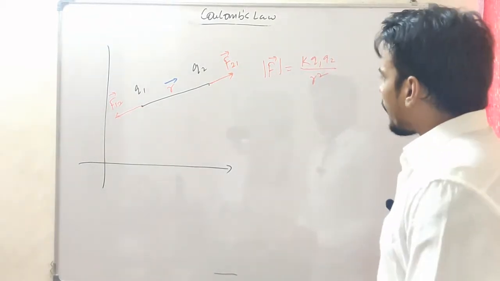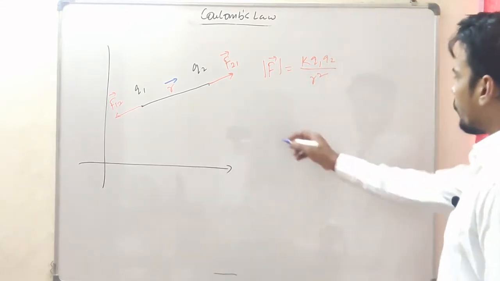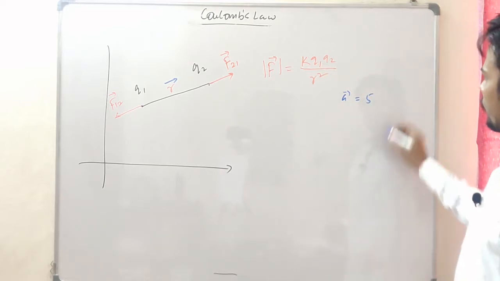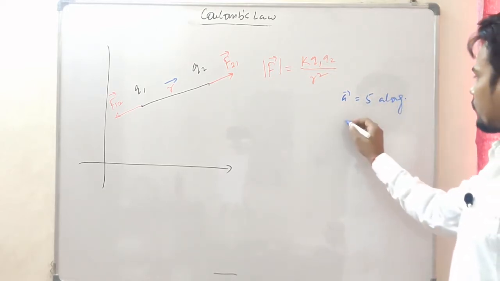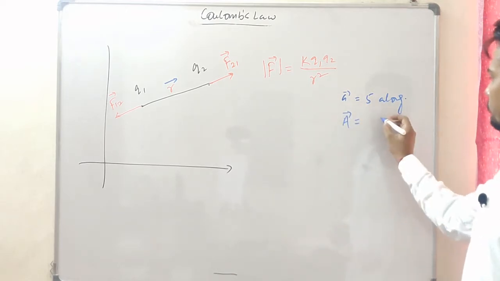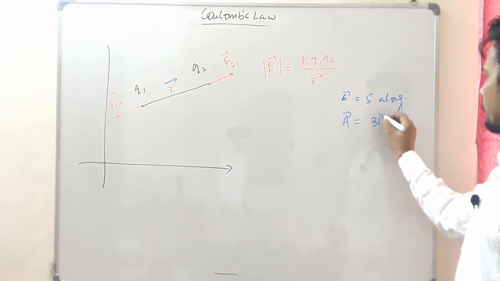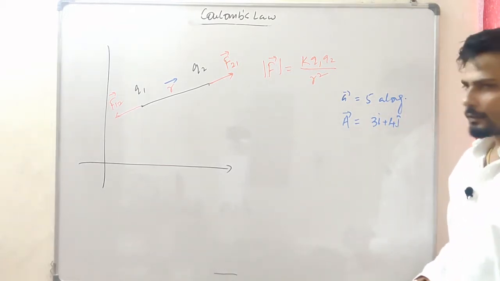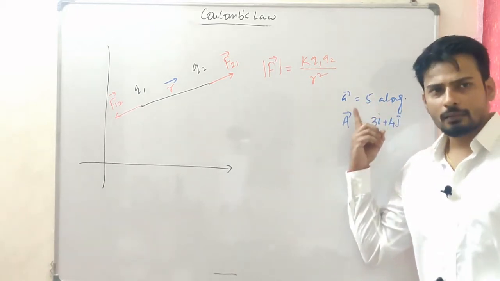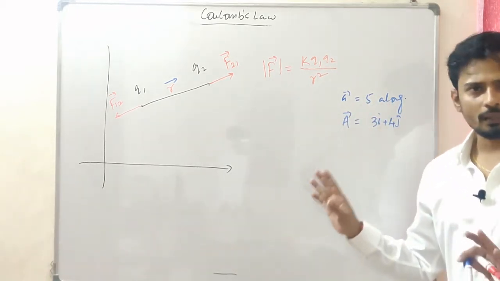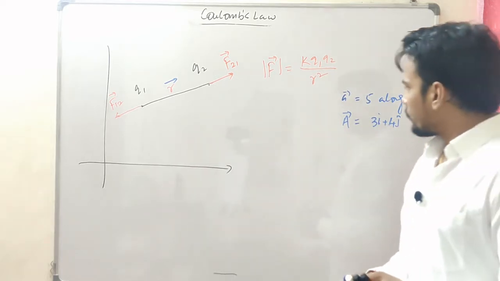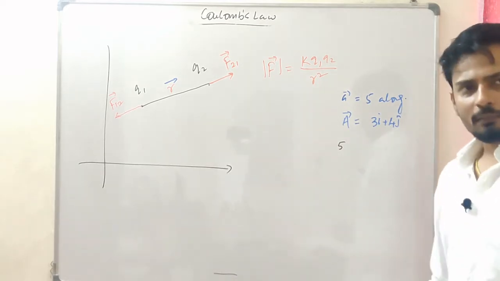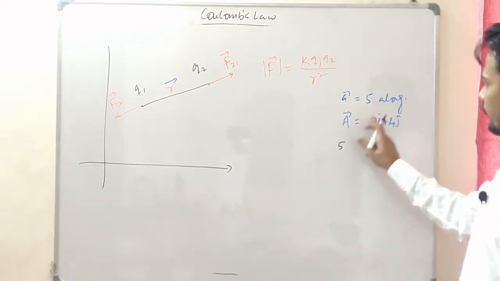Okay, before I get into this one, I just want to ask all of you a very simple question. I want you to write a vector A of, let's say, magnitude 5 along the direction of another vector, let's say capital A, equal to 3i plus 4j. I want you to write a vector of magnitude 5 in the direction of this vector. Okay, it's a mathematical question. I'm sure you know the vector form. So what exactly do we do? We take the magnitude 5 and we multiply it with a unit vector in this direction.